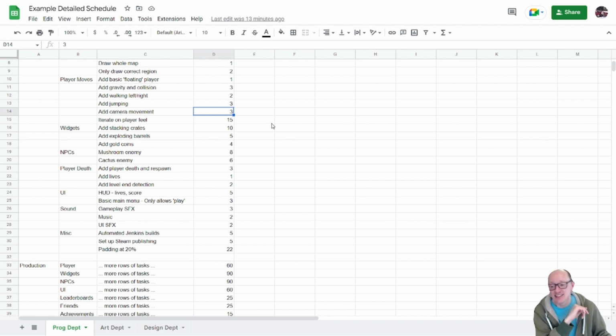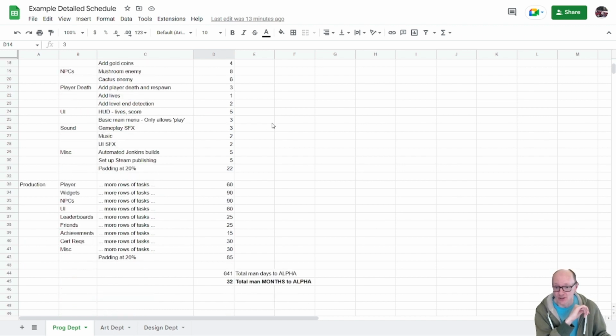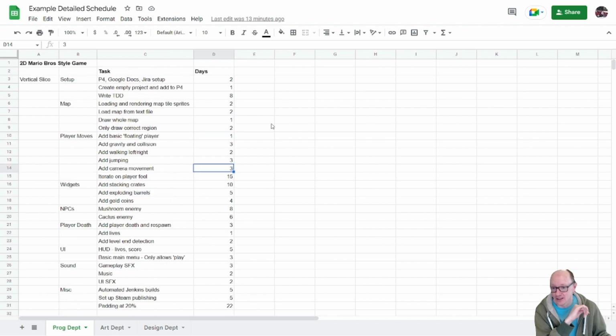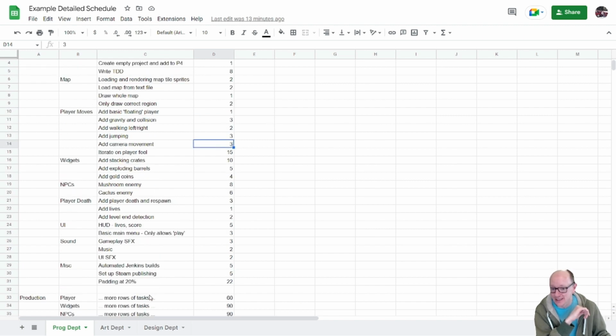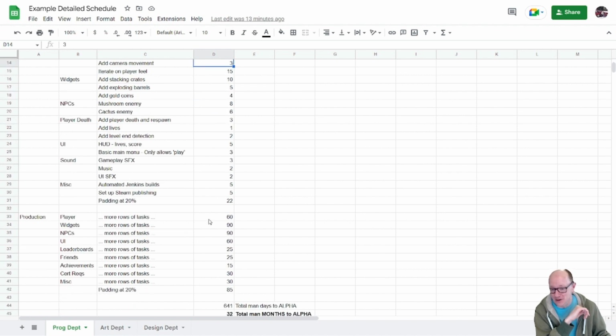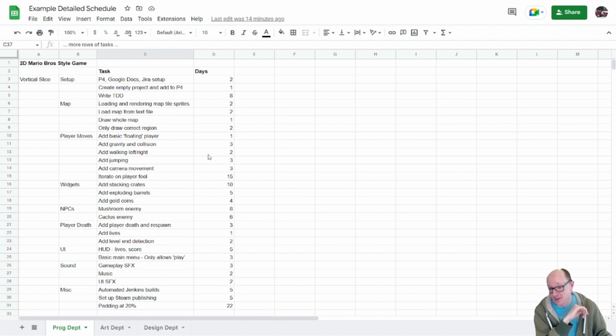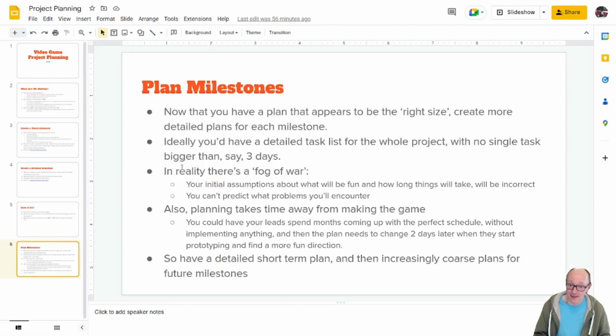That said, it's tricky to do a full schedule at that level of accuracy. I got tired of writing tasks after 1 page here and ended up just throwing in huge numbers for this. Obviously, this is not a good schedule. But anyway, ideally you've got the whole project for all departments broken down into tasks in this way.